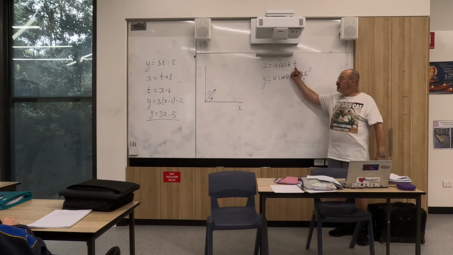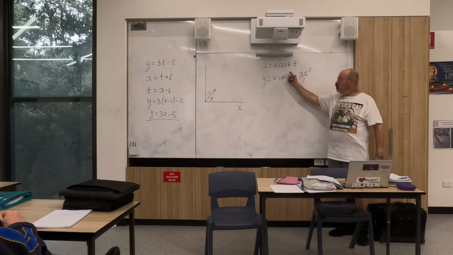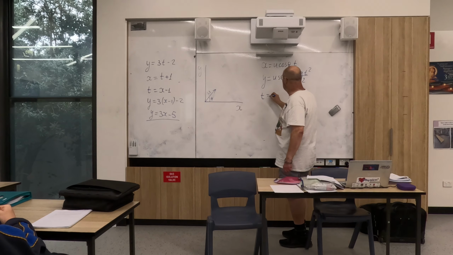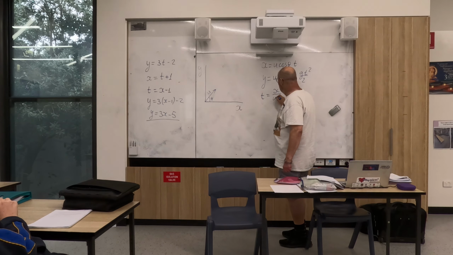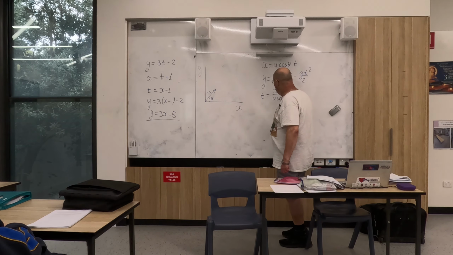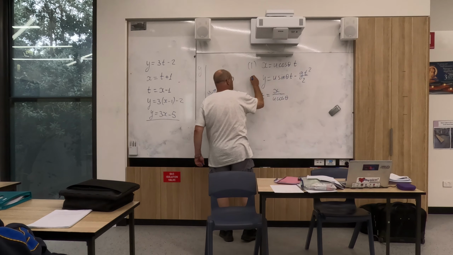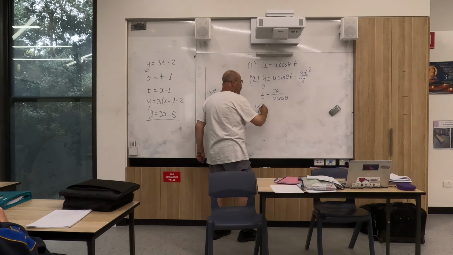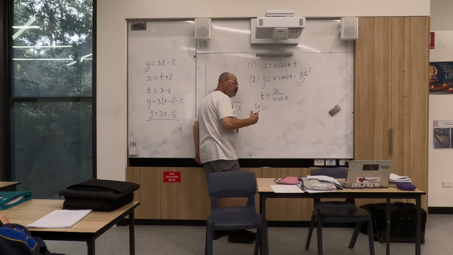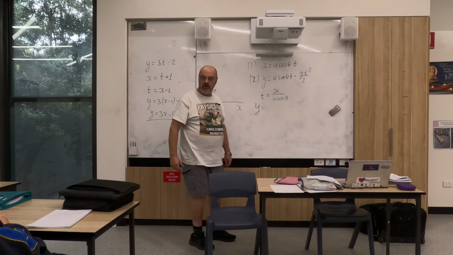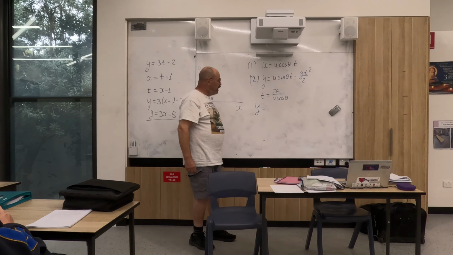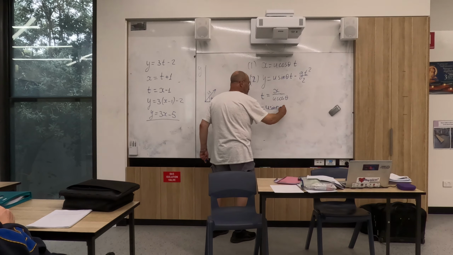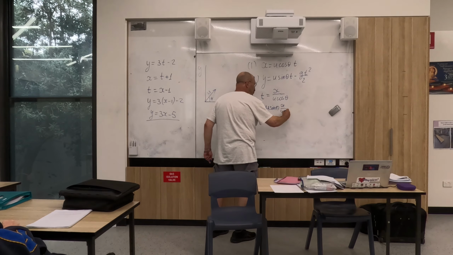We need to eliminate t. We have parameter t. So from the first equation, t equal x divided by u cos theta. That's equation 1, equation 2, and we substitute t into equation 2. We get y equal, parameter t, in this case it's time, how positions change over time, so it's a parameter. Y equal u sine theta times x over u cos theta